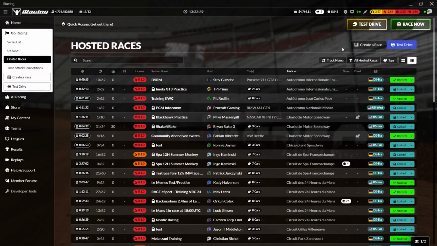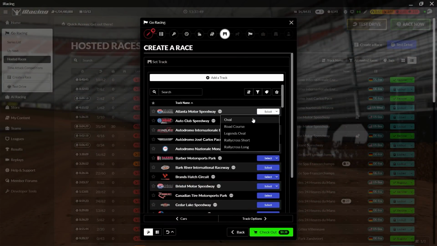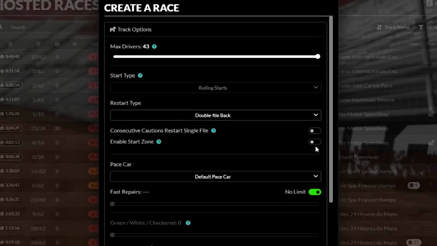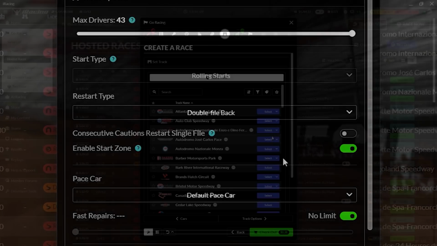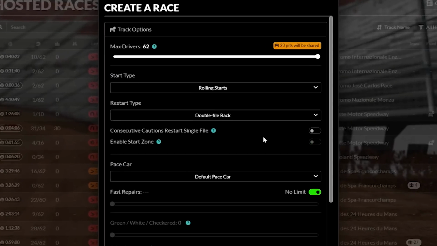To get started, open up a hosted or AI race in the UI. From there, select your favorite start zone enabled oval to race at. Then, go to the Track Options tab and enable the start zone feature in your race. Remember, not all tracks have start zones, so this option will only appear with the tracks that have the feature